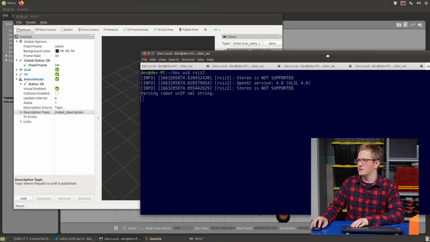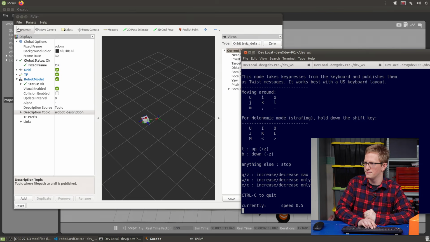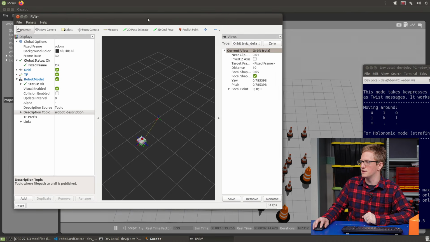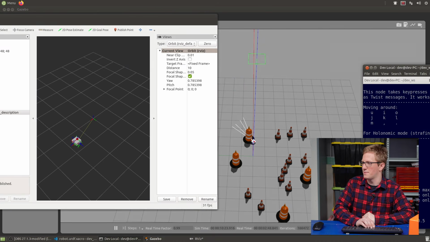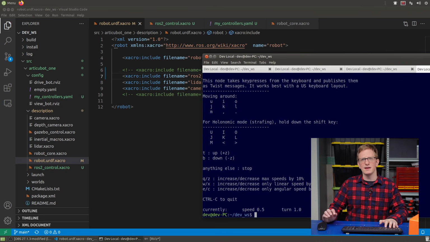And of course, as we drive it around in here, we should be seeing this update. And that should, of course, be matching what's... Whoop. We've run up against a thing. Now, one other thing that we want to do to make this a little bit easier is rather than having